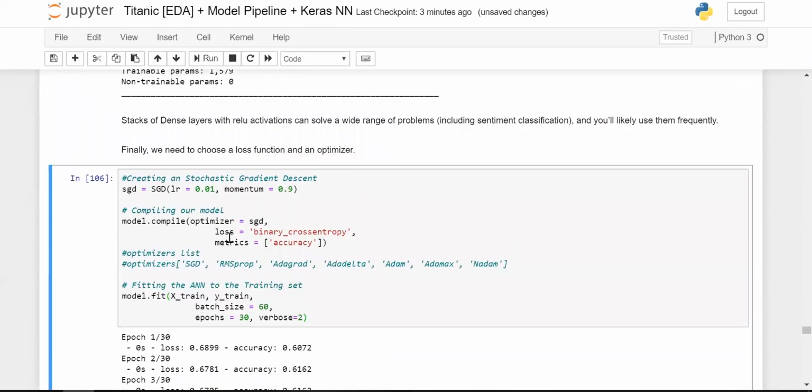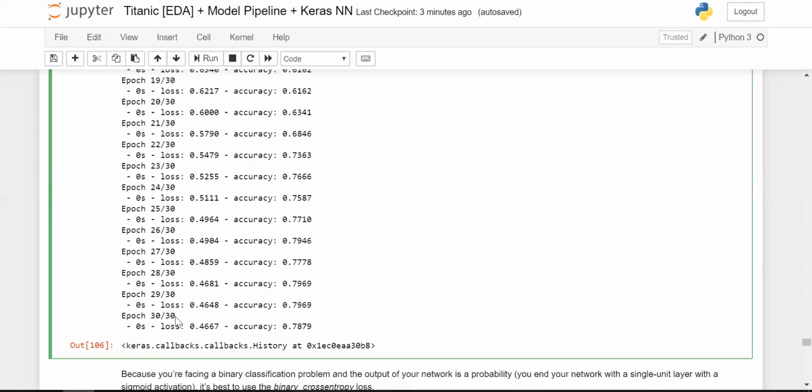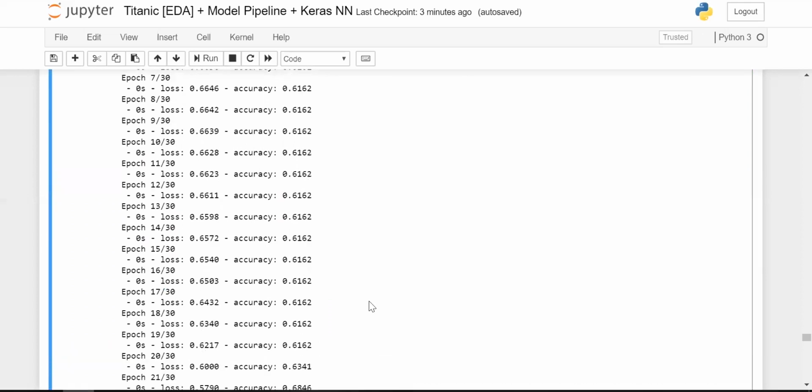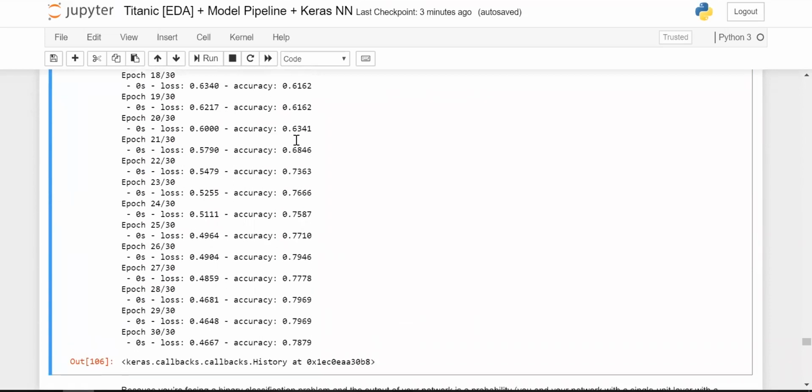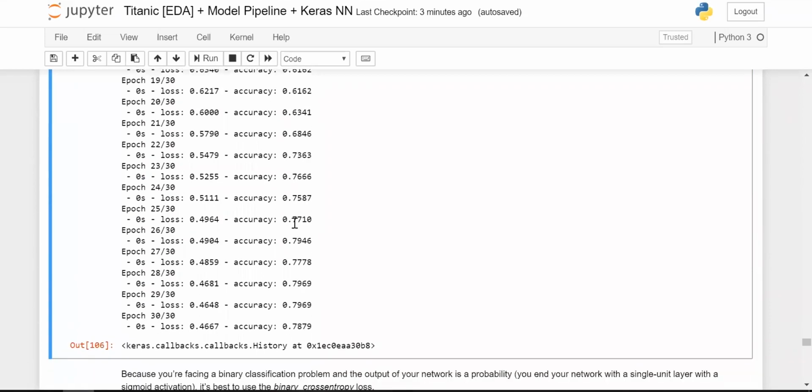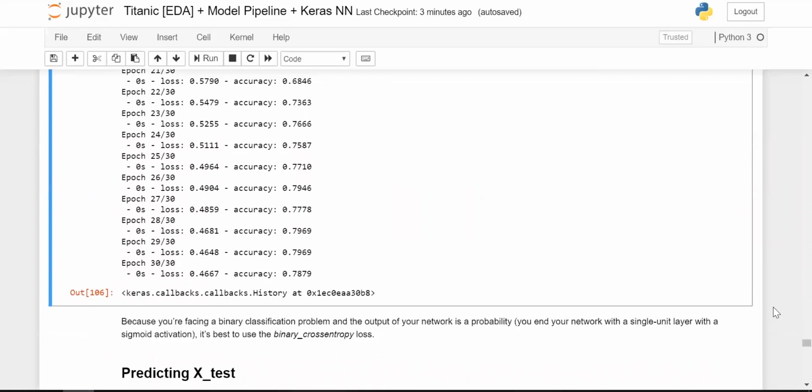So we have only trained it for 30 epochs. Hence, the model has run for 30 epochs, if you can see here. And though we may have a problem of overfitting here, the model has overcome that problem by itself and pushed itself ahead to get an accuracy of 79.69, which is pretty good. And you can compare it with the accuracy of a machine learning model. It's higher than that. This is our implementation of Keras neural network to solve the Titanic data problem.